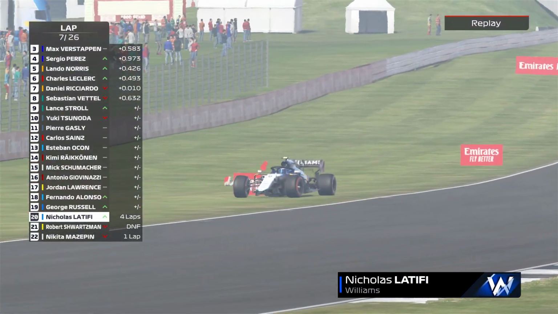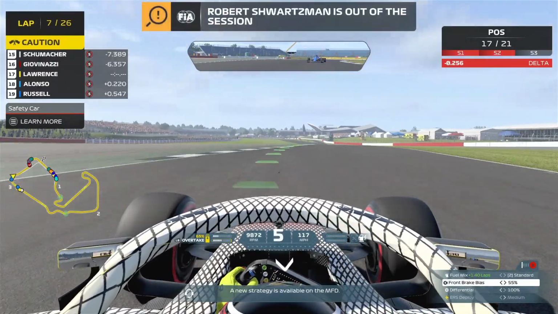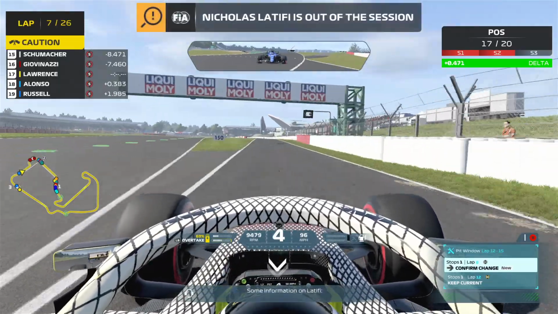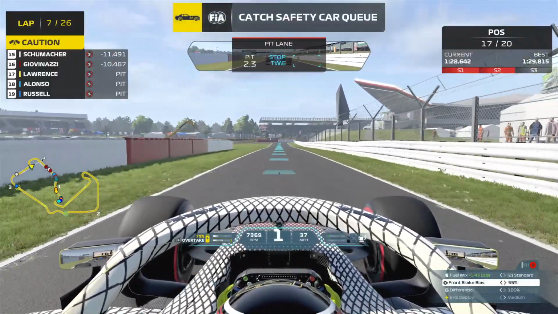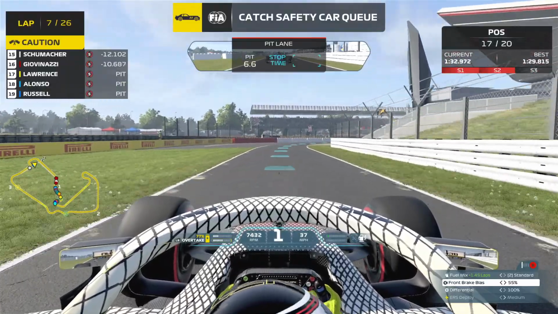No, Latifi's also gone right into the back of the stricken Schwartzman, and the safety car is out. Schwartzman and Latifi both out of the race. Mazepin somehow keeps going, even though he literally caused the crash. And so yeah, we're going to box right here, right now, and we're going to box onto a set of